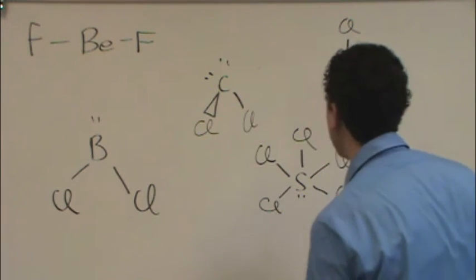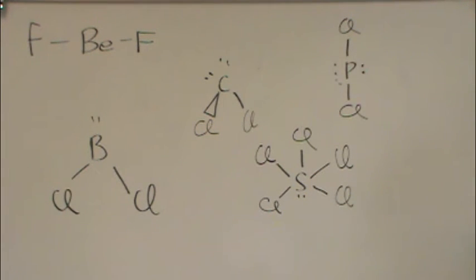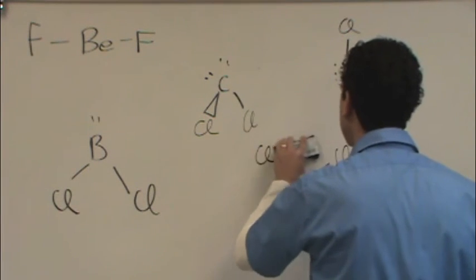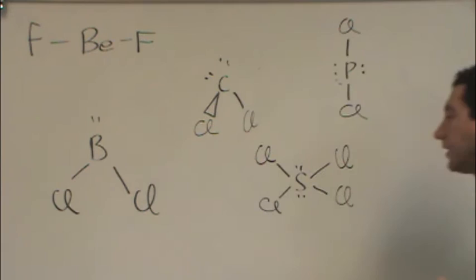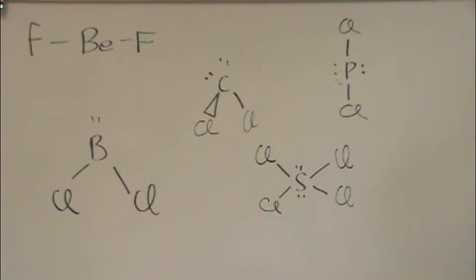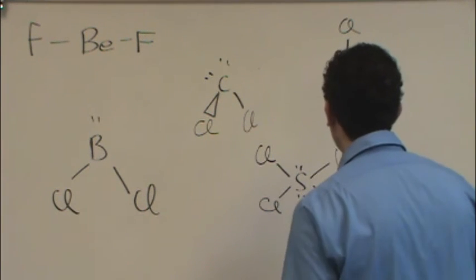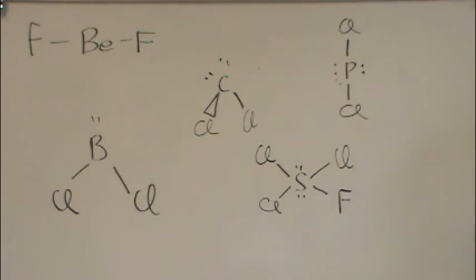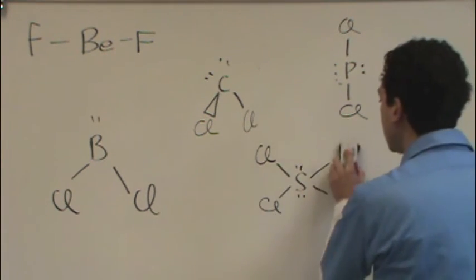Same kind of thing will go down here. If I have a square pyramidal type structure with one lone pair, that's polar. But if I put the second one on here like that, that becomes non-polar because now both axes or lines are equal. If I change this up a little bit and put a fluorine here, that's polar because opposite sides